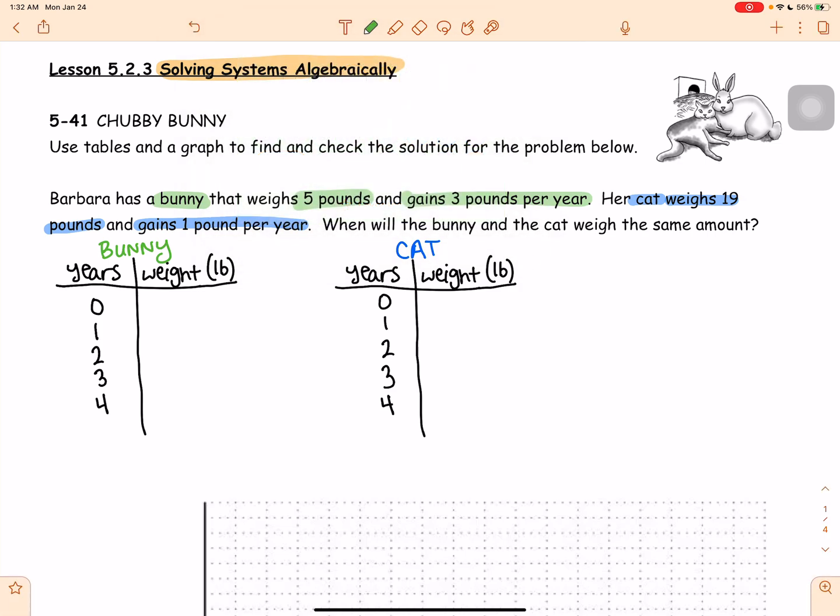All right, so for the bunny, it weighs 5 pounds right now. So at the starting point,